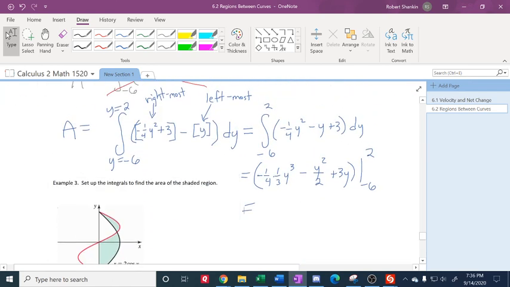So let's keep going here. When I substitute 2, this becomes -1/12 times 8. Minus, and when I substitute 2, I get 4 over 2, which is 2. When I substitute 2 in here, I get plus 6. Alright, so that's when I substituted 2. When I substitute -6, I'm going to get